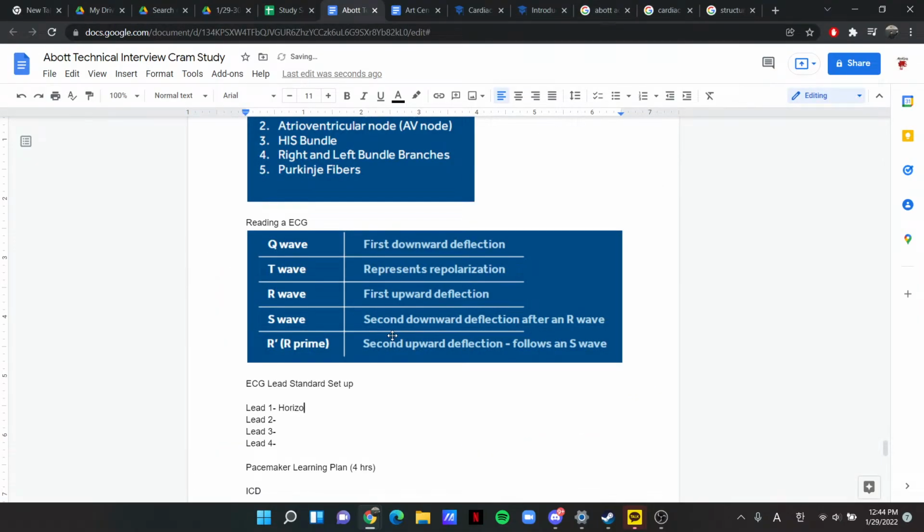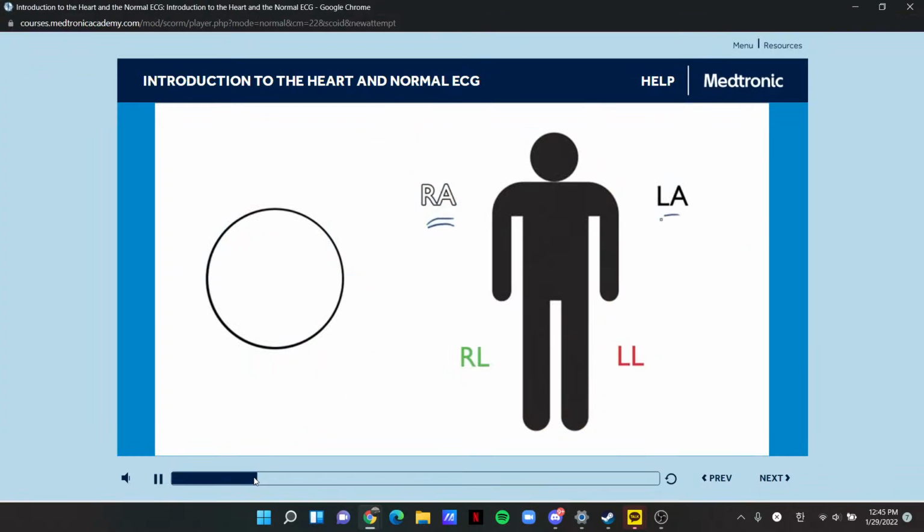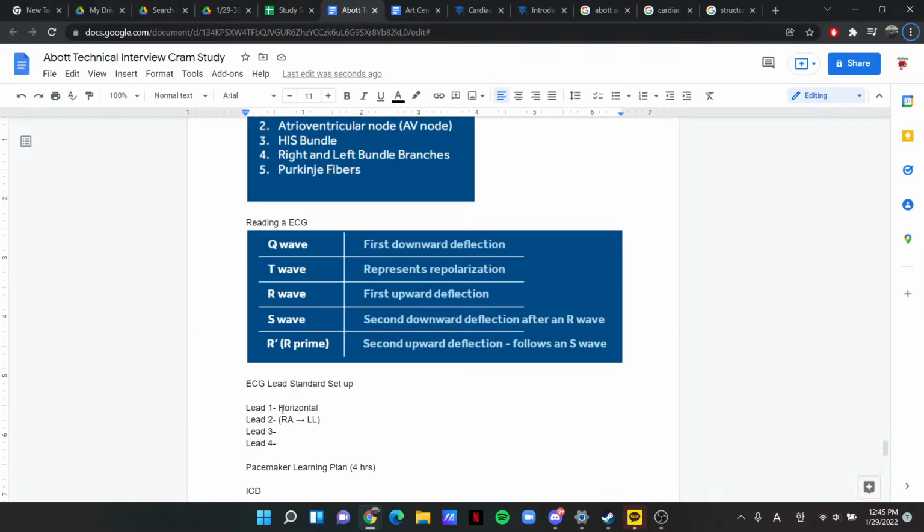Lead 2, on the other hand, is recorded from the right arm to the left leg, so any signals traveling in this direction will result in an upward deflection on all 4 limbs, and the different ECG leads depend on the right arm and the left arm. Therefore, any signals that are traveling in a horizontal direction will be recorded in lead 1, upright if they're headed